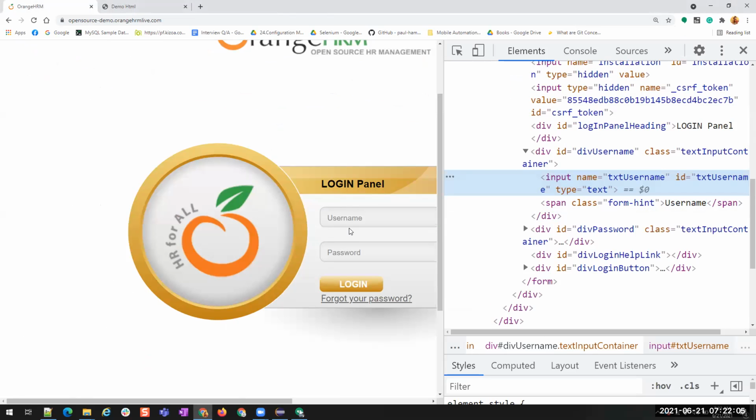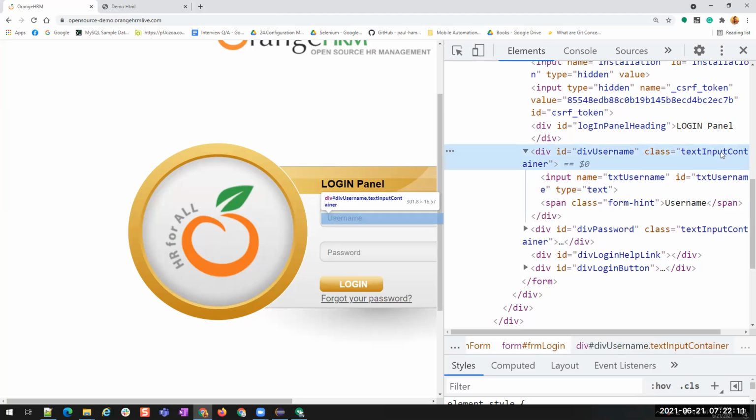How did they become this? Because of the styling. You see here class text input container is applied to it. So because of this styling, this is rounded. So what is this styling? This is nothing but coming from cascading style sheet. These are nothing but called CSS.